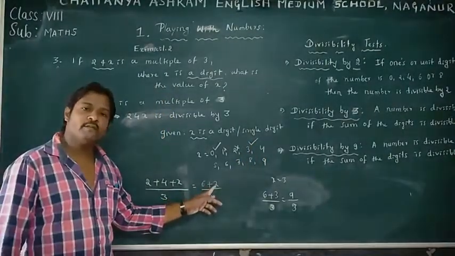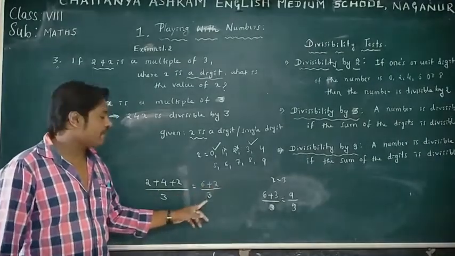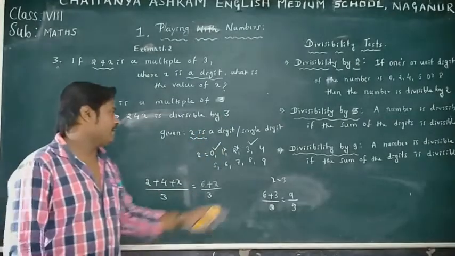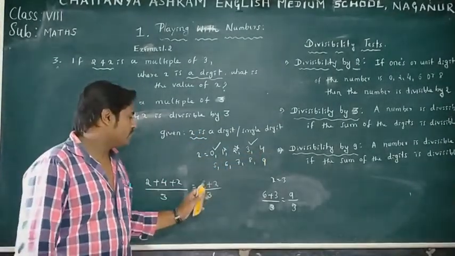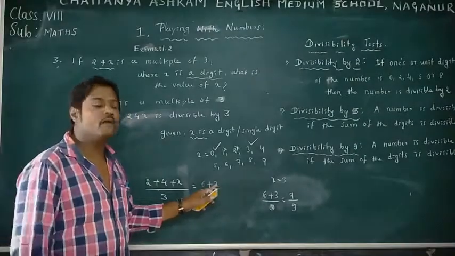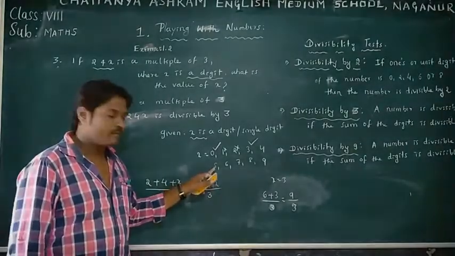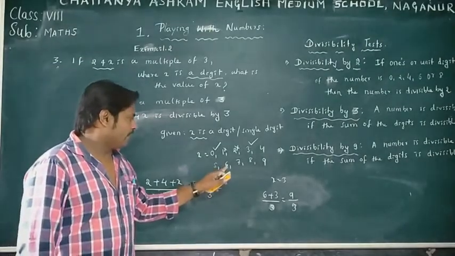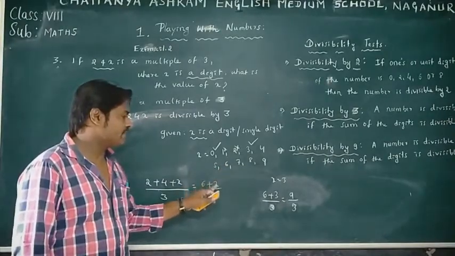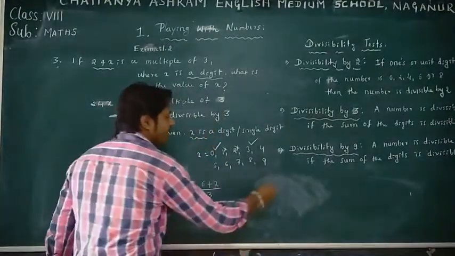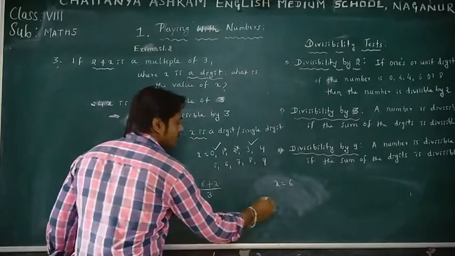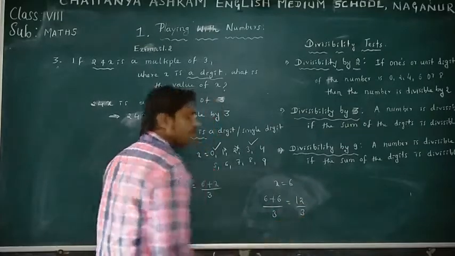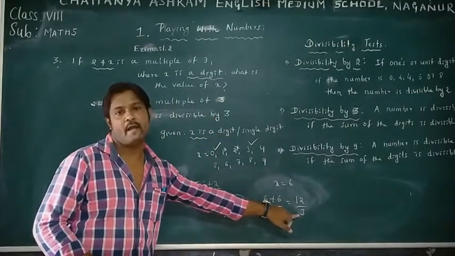Yes, and x is equal to 3, this sum is also divisible by 9. That is 2 4 3 is divisible by 9. Check for the value of x is equal to 4. 6 plus 4, 10. 10 is not divisible by 3. Take 5. 6 plus 5, 11 is not divisible by 3. Take x is equal to 6. 6 plus 6, 12 divided by 3. 12 is divisible by 3.